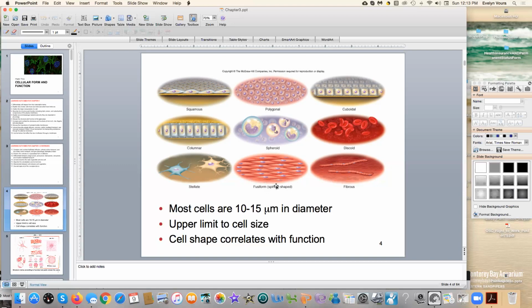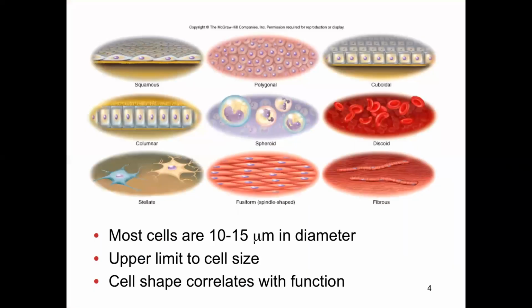So you can see they look different. So most cells are about the same size in terms of their diameter, even though they look different, 10 to 15 microns. I'm not gonna expect you to know that, but I want you to appreciate how small that is. And there is an upper limit to the size, and we're gonna talk about that in a sec, why cells are small. And then, of course, the cell shape correlates with function. That comes back to that whole theme in AMP where structure and function are related, all right? So now,